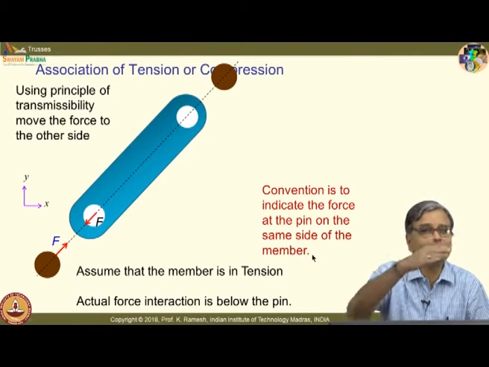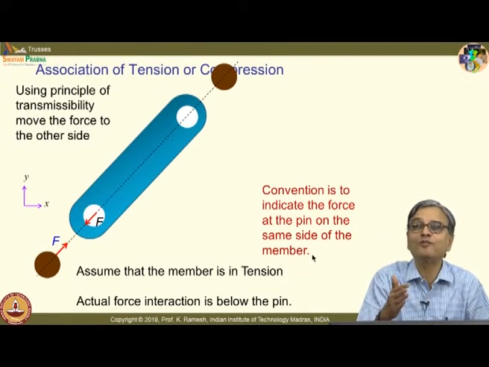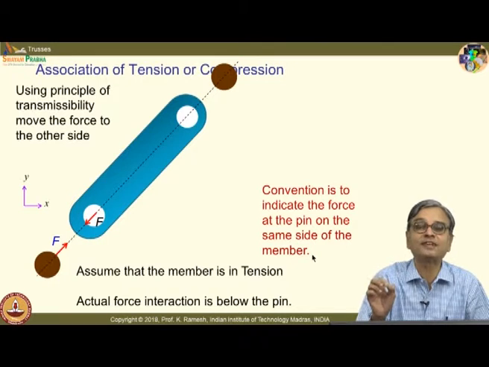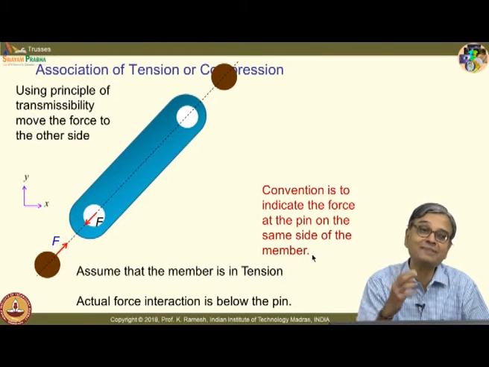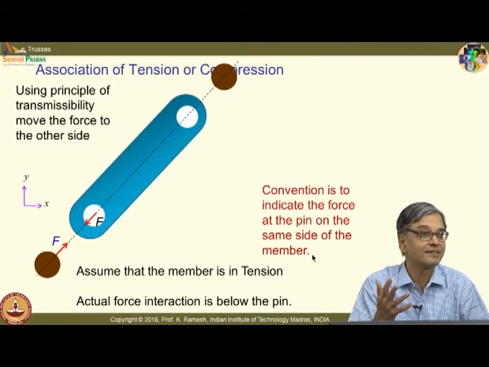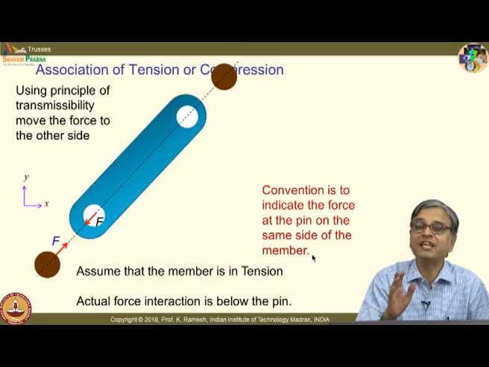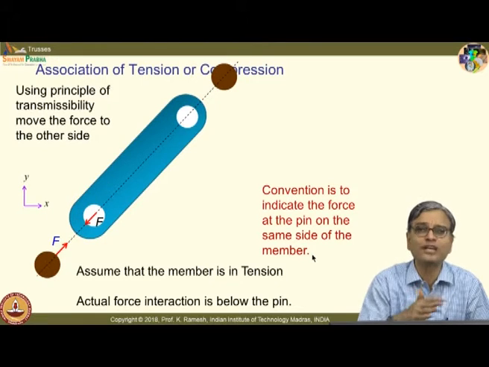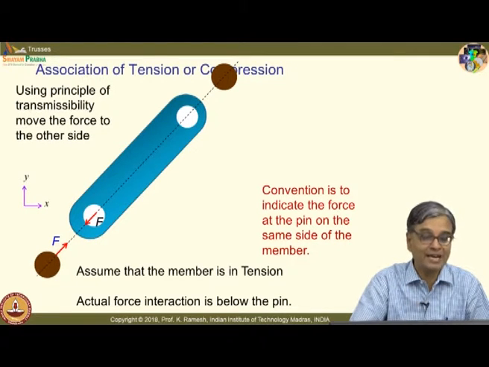All that confusion does not come if I cut the member, but somehow many books simply put the joint as a circle and put the forces without providing a satisfactory explanation. You need to have a satisfactory explanation to comprehend what I am doing. Engineering is one profession where you have several conventions. We follow conventions. If you take conventions out of engineering, engineering will collapse, because my interpretation will be faulty if I put the force, although force interaction takes place only here physically.